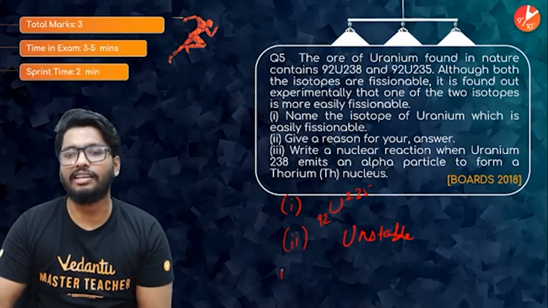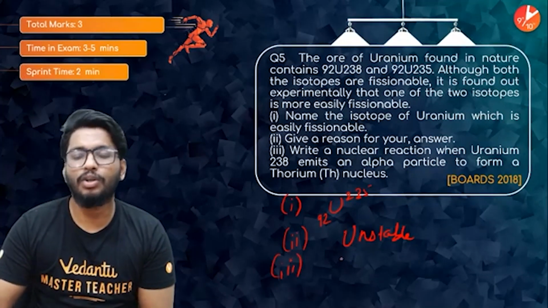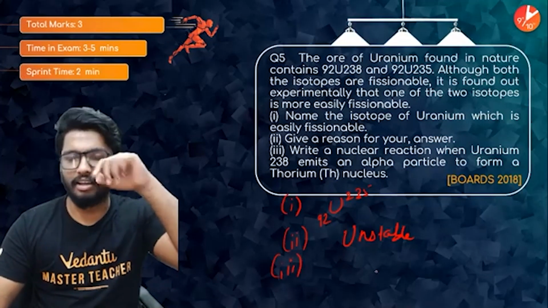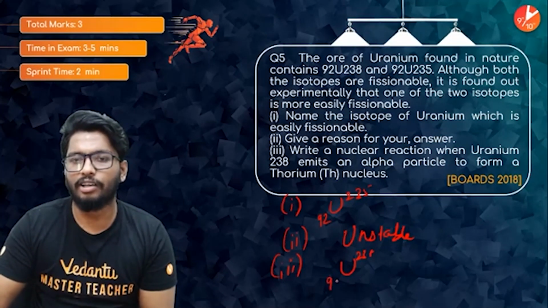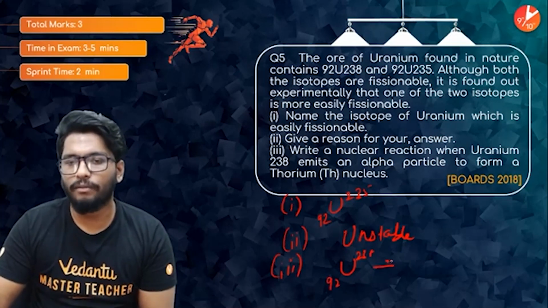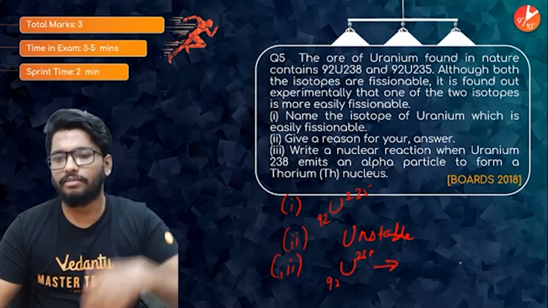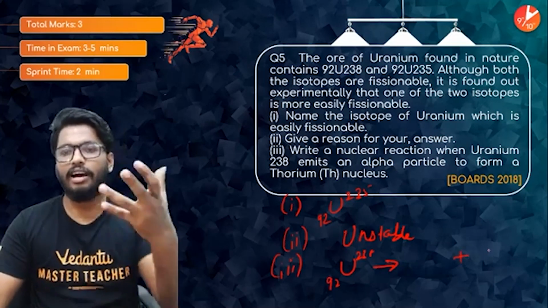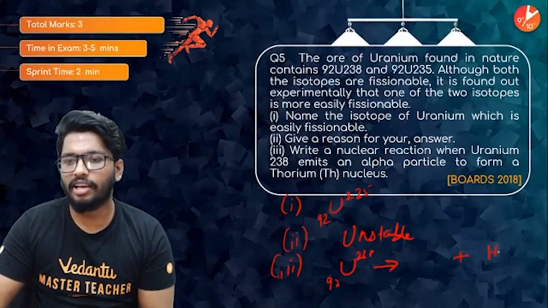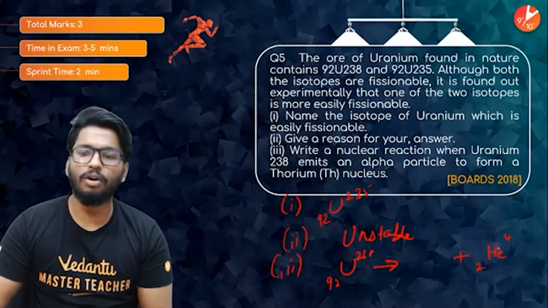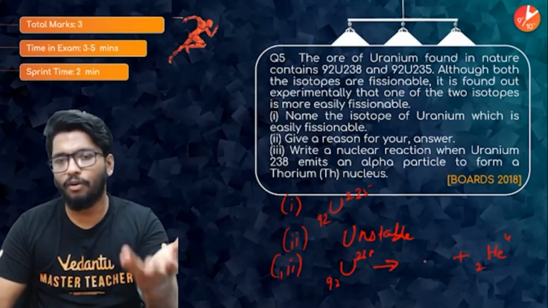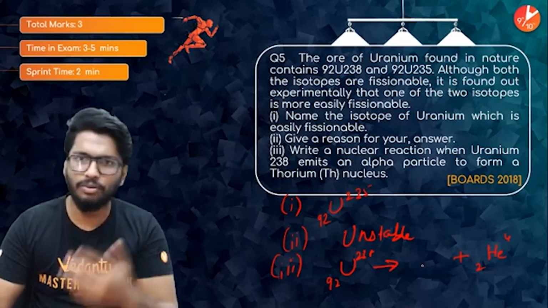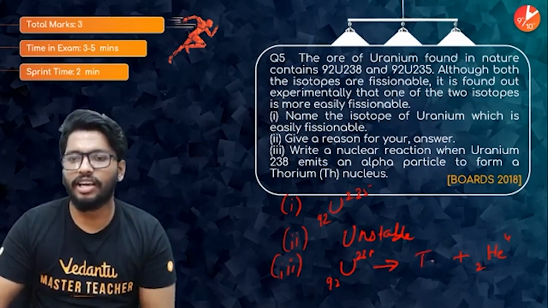Third part of the question is, write a nuclear reaction for uranium-238 emitting an alpha particle. Uranium-238, the atomic number is 92. So when it undergoes radioactive decay and releases an alpha particle, He 2 4 would be the alpha particle. So again, subtract the atomic mass by 4 and the atomic number by 2. That is thorium. So thorium, Th, would be